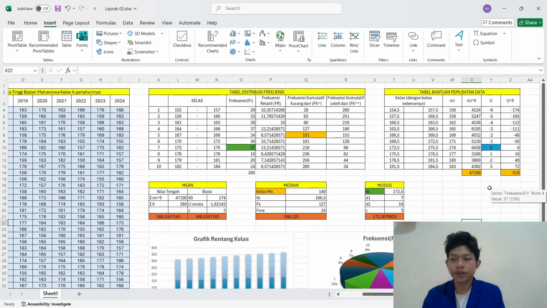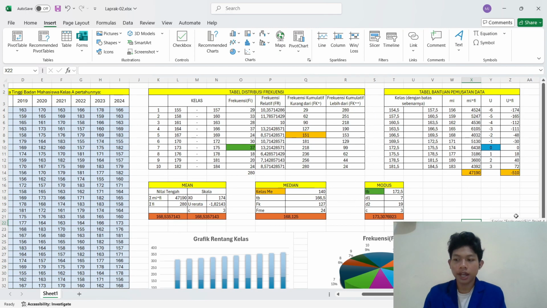Next, I create the central tendency helper table. Then I create a table that helps us calculate mean, median, and modes.